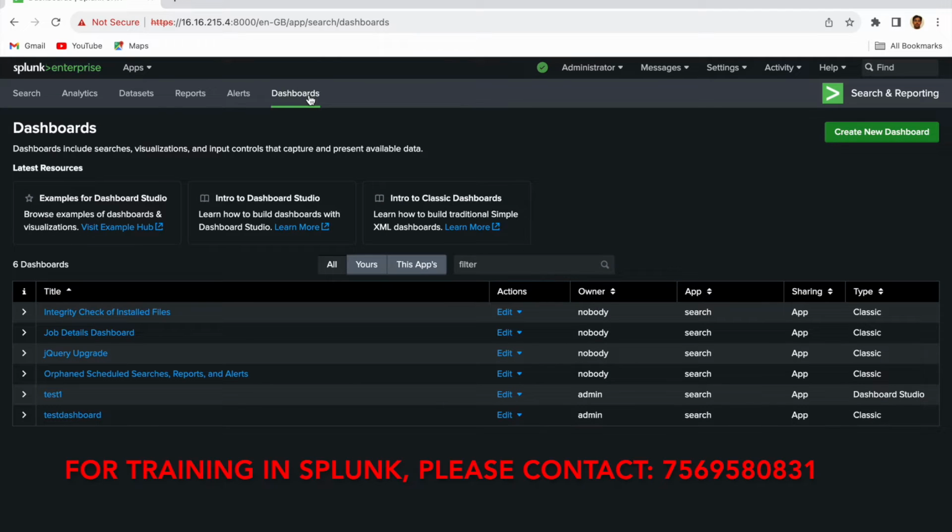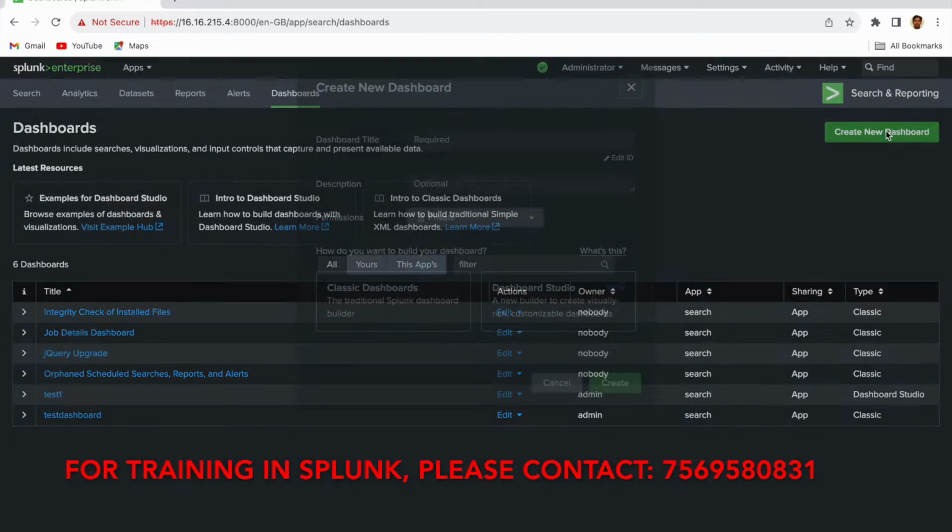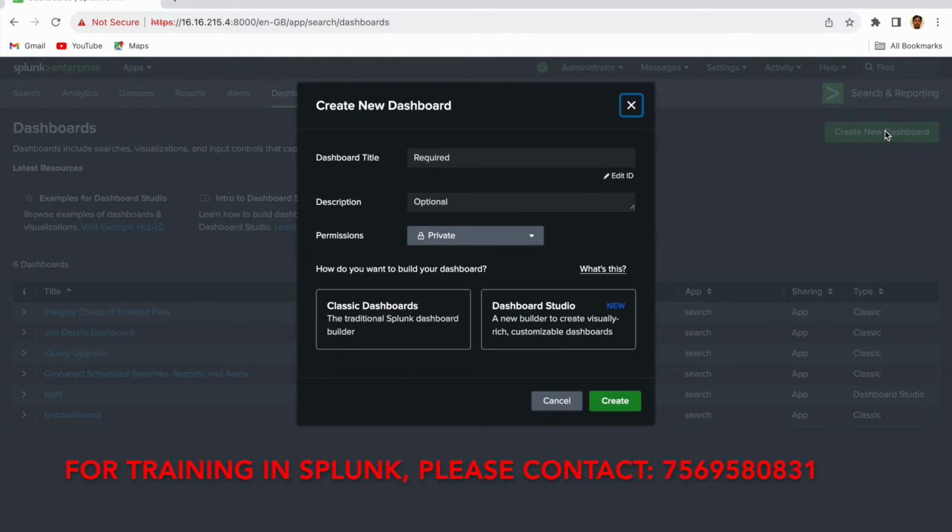because I am going to create a new one, I can always click on this Create New Dashboard button over here, right? So here if I click on that button, I'll see this dialog where I can give a dashboard title. Let us give just something like Demo Dashboard, and let us give some description like